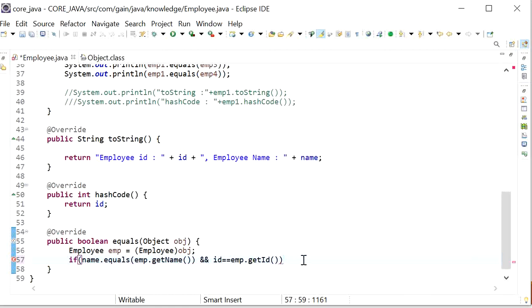If both are matching, then it will return true, otherwise it will return false.